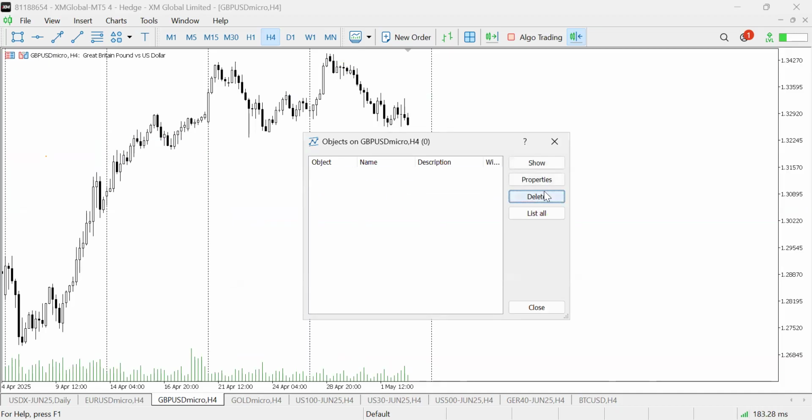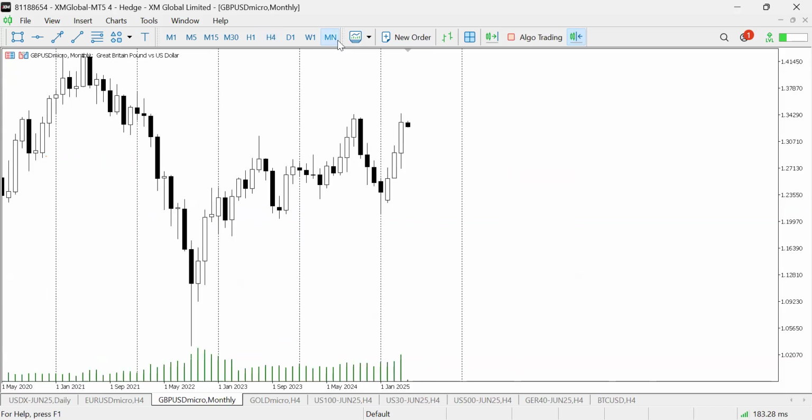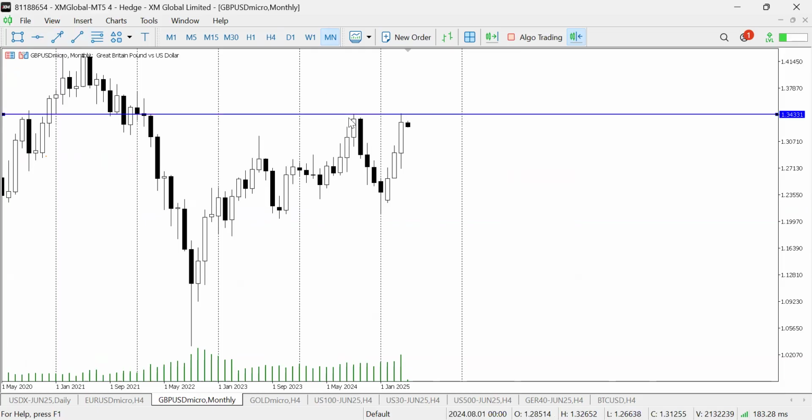Cable, GBP USD. If you look at this chart compared to the euro, there's a divergence, right? Because the euro took out these highs, previous month's highs or previous year's highs, but this one didn't. It created a double top. So what does that mean? That means this area right here, this order block, is acting as resistance.